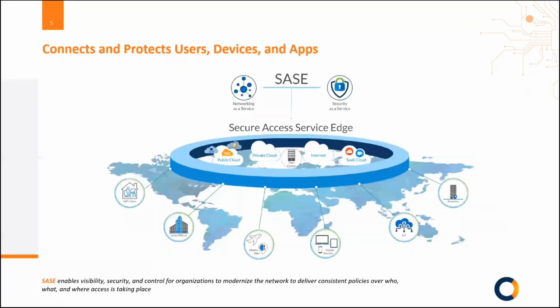And this is where SASE comes in, because SASE is about coupling the networking services and the security services in order to have multiple access points, whether from home, office, mobile devices, IoT, and branches. And the applications themselves are distributed across the public internet, the private cloud. So we have many points to look at in terms of connectivity or networking as a service, and in terms of securing